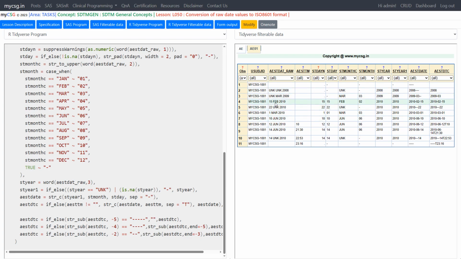When space is delimited, the second word corresponds to the month. So we are extracting the second word and then converting it into uppercase. str_to_upper is a function from the stringr library of tidyverse itself, which is equivalent to our upcase function. So we are extracting the month, converting it into uppercase, and then storing it in a variable called